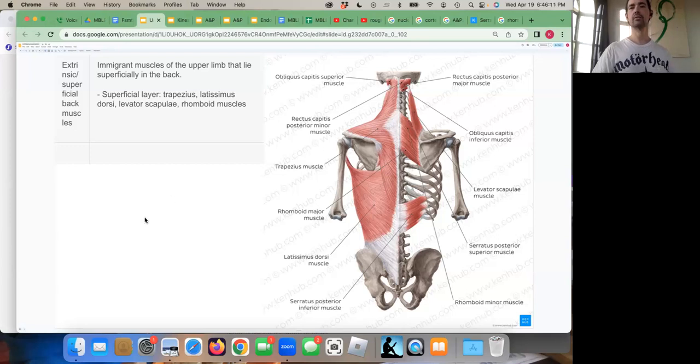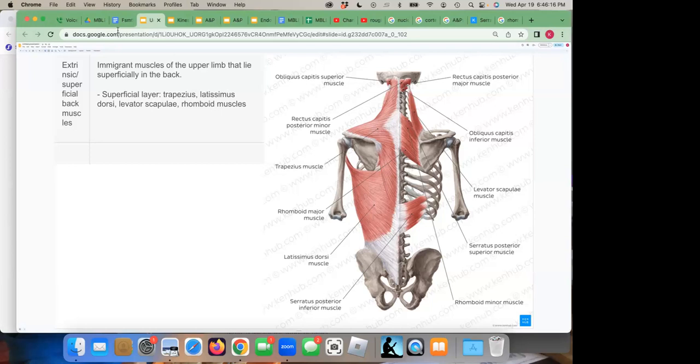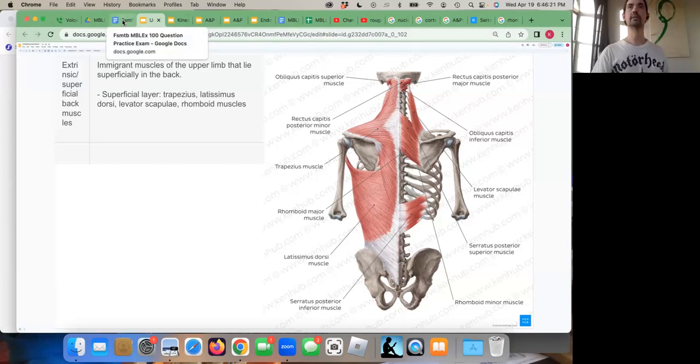Okay, is anybody not ready to move on from these? Does anybody need to drill these a few more times? I just got confused with the internal rotation. Okay, let's look at